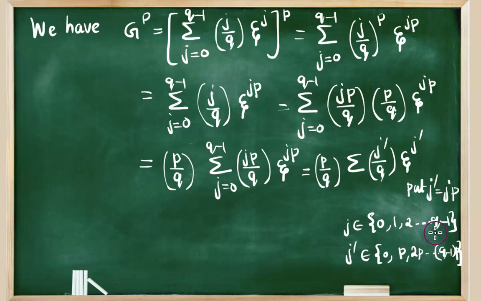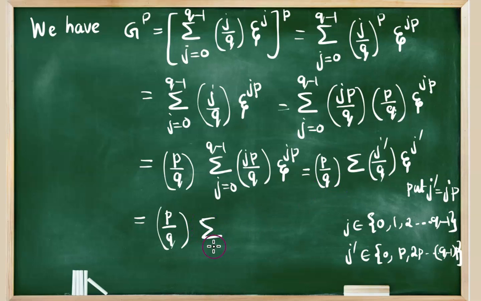So each of these numbers in the first set will be congruent to a unique element in the second set and vice versa. So instead of saying that j dash varies from 0 to (q minus 1) into p, we can also assume that j dash varies from 0 to q minus 1, since these two sets are the same when considered modulo q. So we can write g raised to p as Legendre symbol p by q into